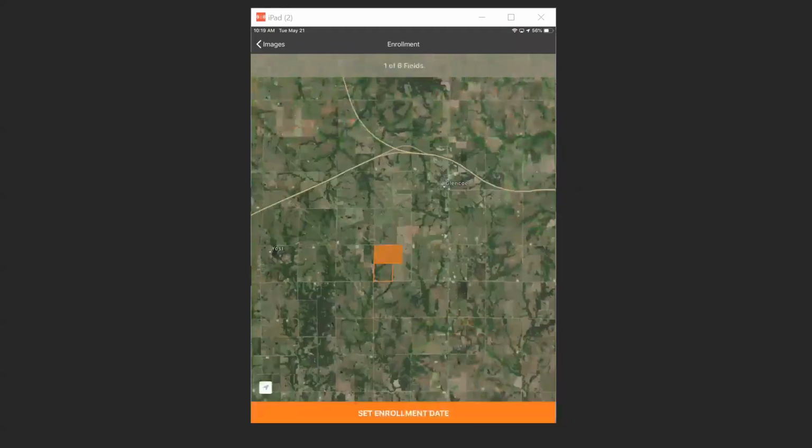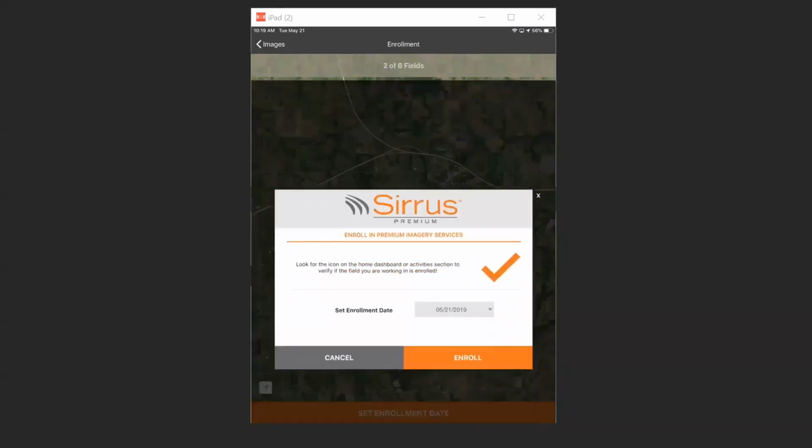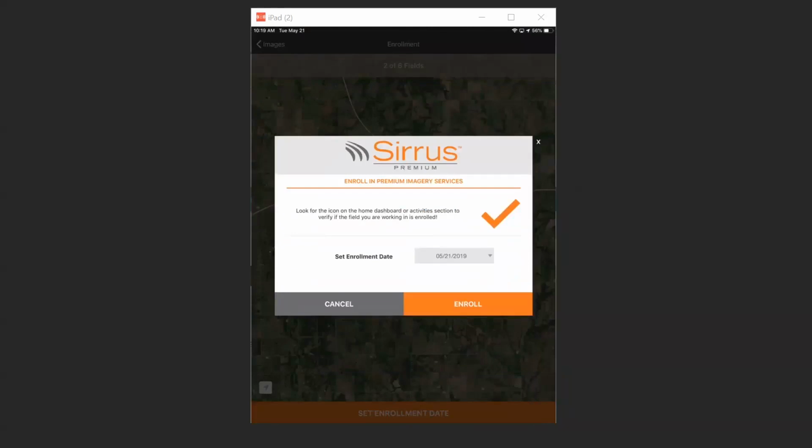Then scroll into that area and pick all the fields that you would want to select and set the enrollment date. It's unlimited. You can pick as many fields as you want at one set time. Set the enrollment date to that. And the one thing I would teach you on this is